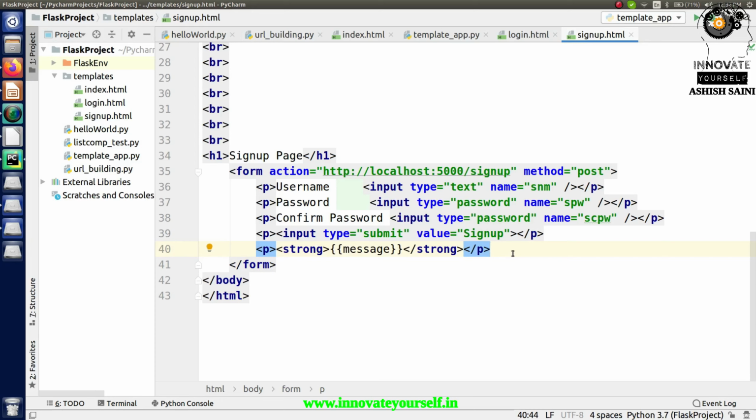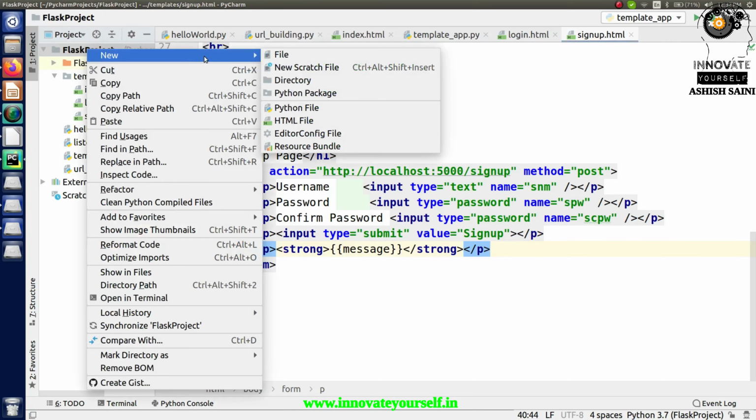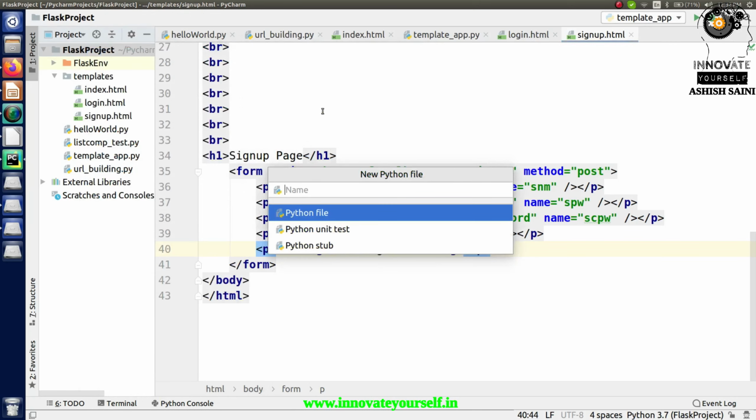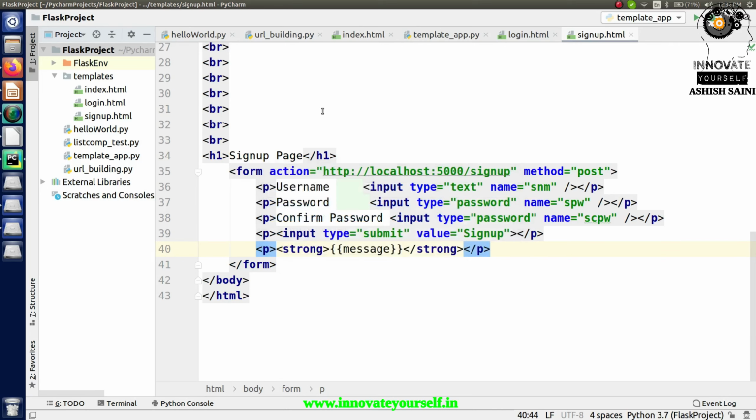In today's session I am going to collect the data from the form, and that data should be displayed on a separate template, and on that template you will have multiple values which you have collected, in the form of a dictionary. So let's start that. For that I'm going to create a new file, or let's say a new script. Let me give it a name, let's say form data.